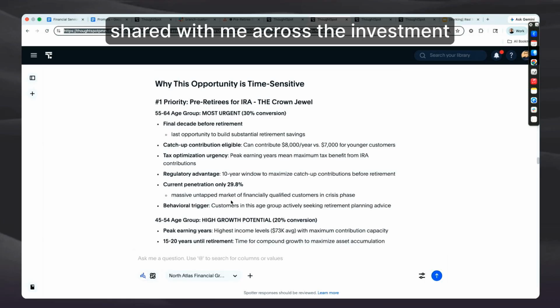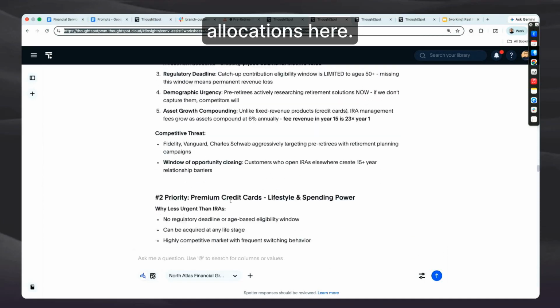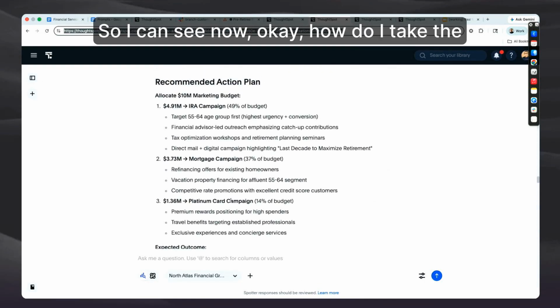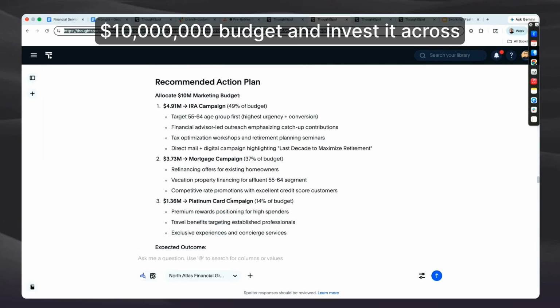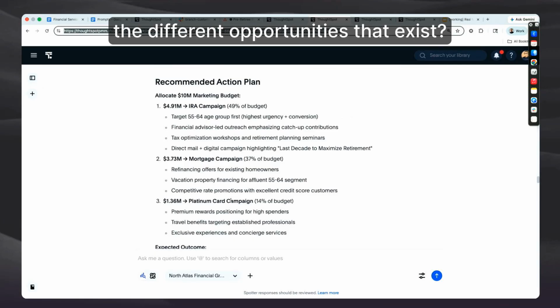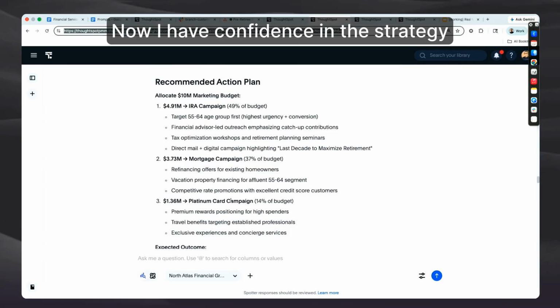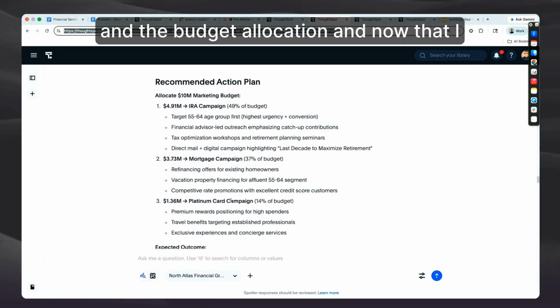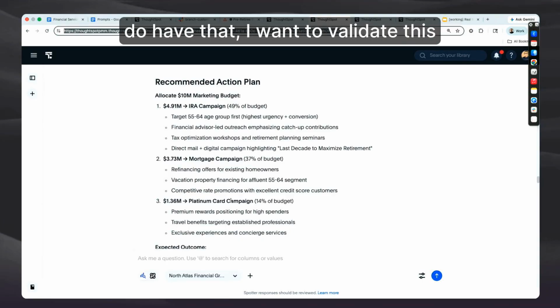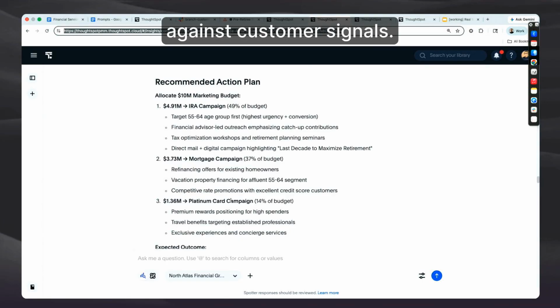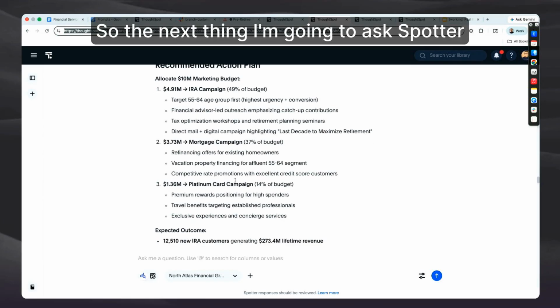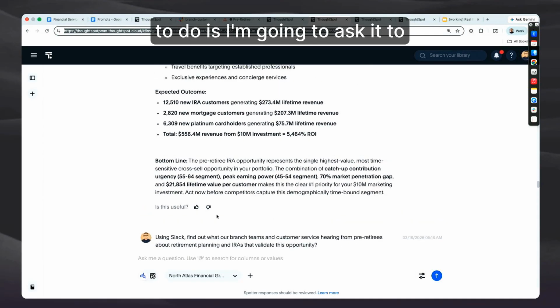And this is shared with me across the investment allocations here. So I can see now, okay, how do I take the $10 million budget and invest it across the different opportunities that exist? Now I have confidence in the strategy and the budget allocation. And now that I do have that, I want to validate this against customer signals. So the next thing I'm going to ask Spotter to do is I'm going to ask it to